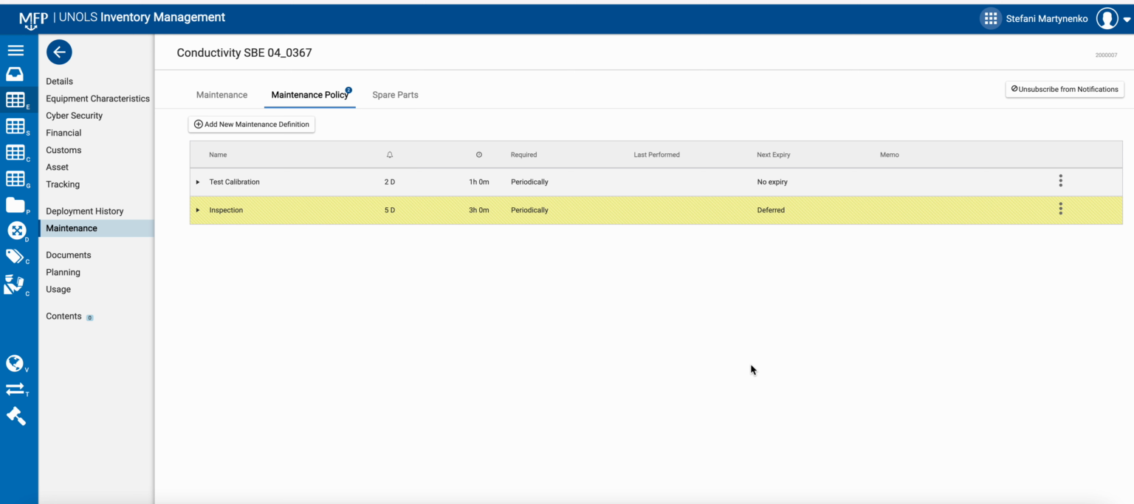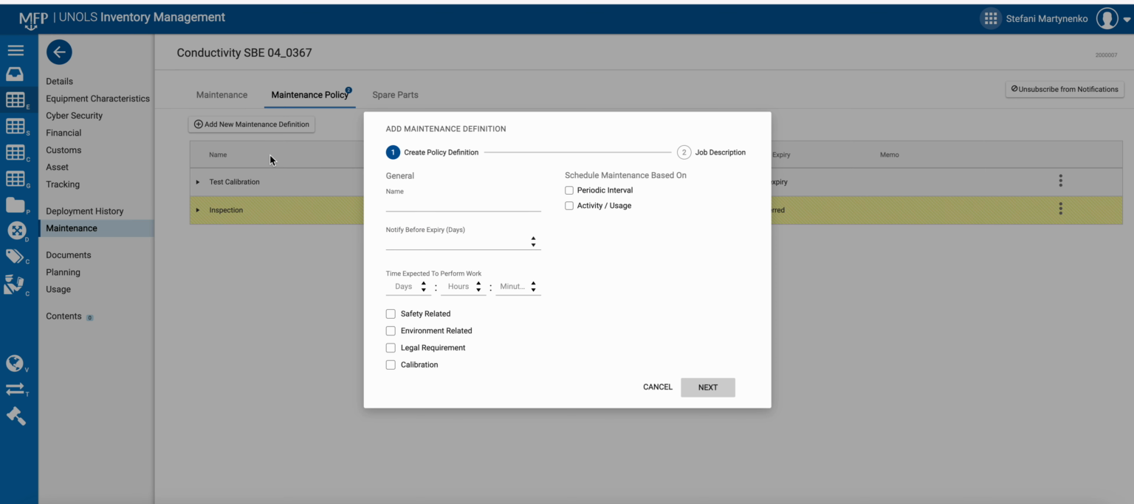So let's get started. To start, you will want to locate this maintenance step, and at the top click on maintenance policy. Then you would want to add new maintenance definition. Here